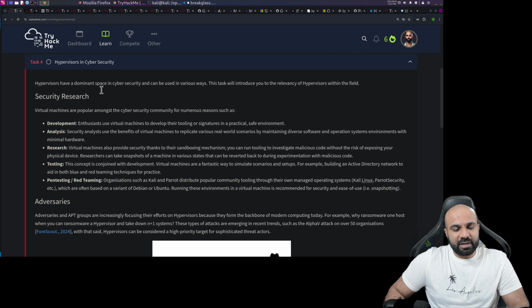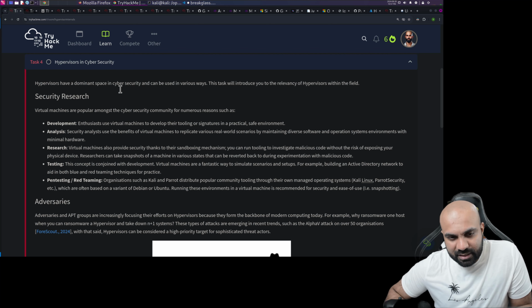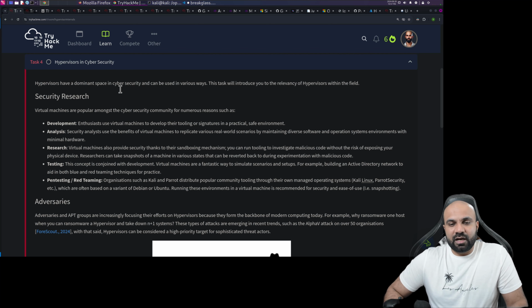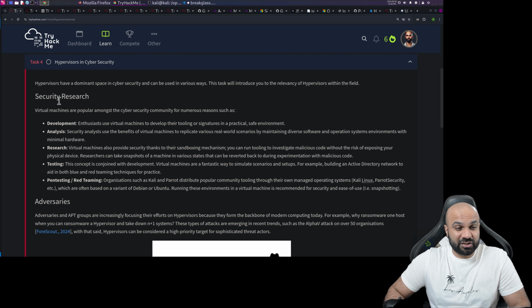Hypervisors have a dominant space in cybersecurity and can be used in various ways. This task will introduce you to the relevancy of the hypervisor within the field of security research. Virtual machines are popular among the cybersecurity community for numerous reasons, such as development, analysis, research, testing, pen testing,